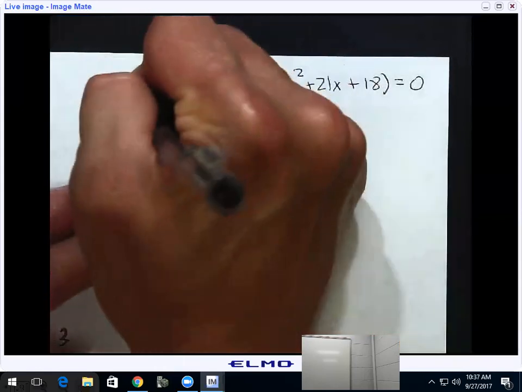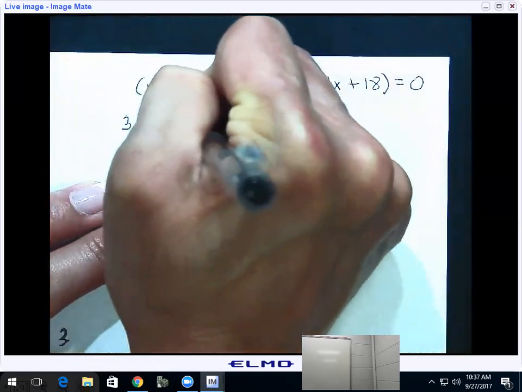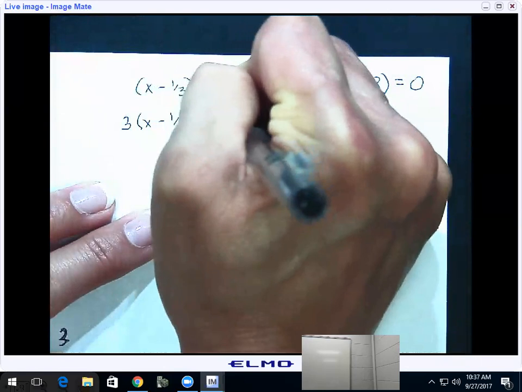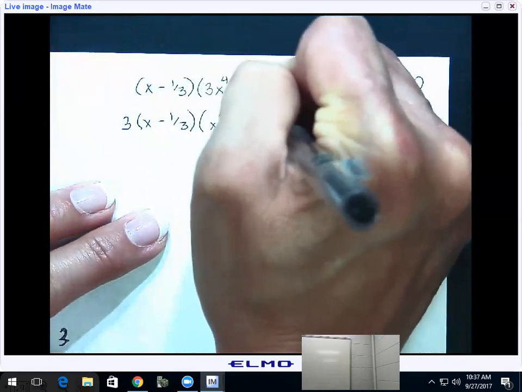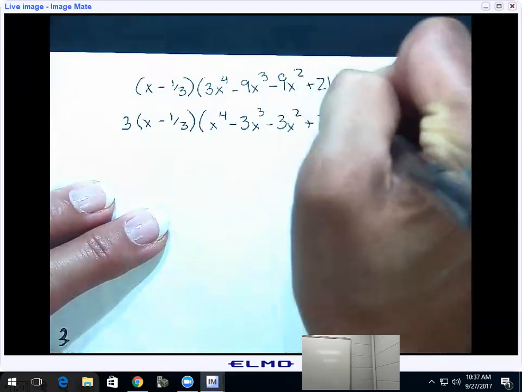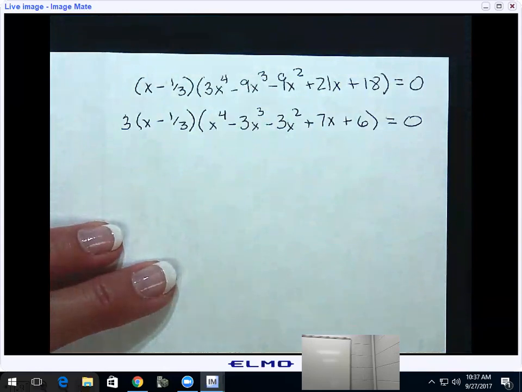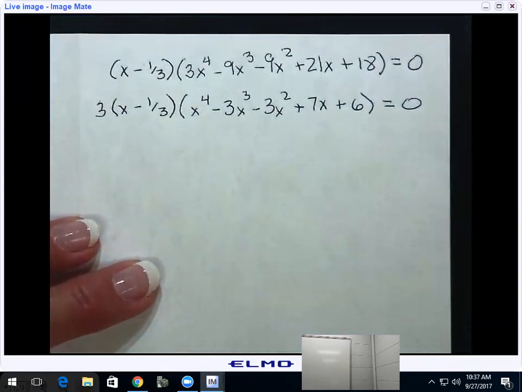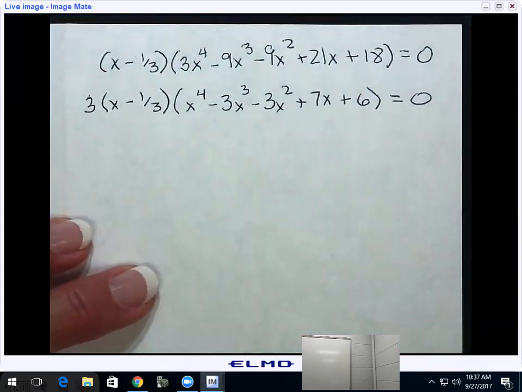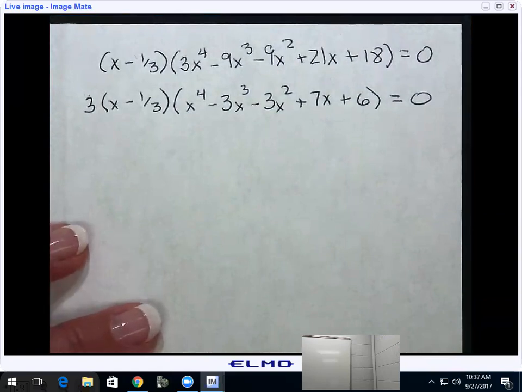I'm going to factor out a 3. But at that point, I'm going to have to go back to synthetic division. And if Andrew and Dylan have found that -1 is a solution,